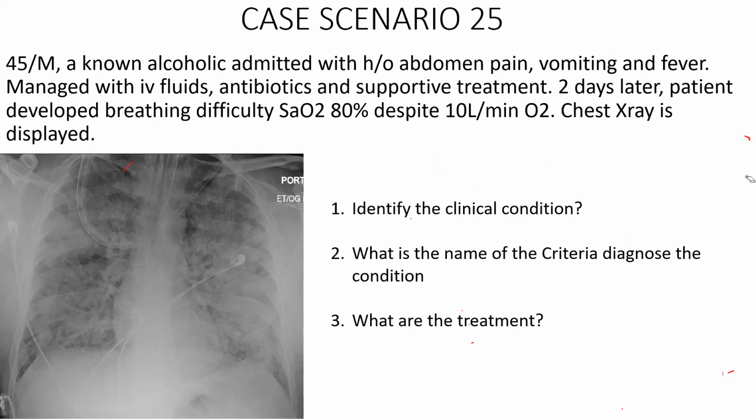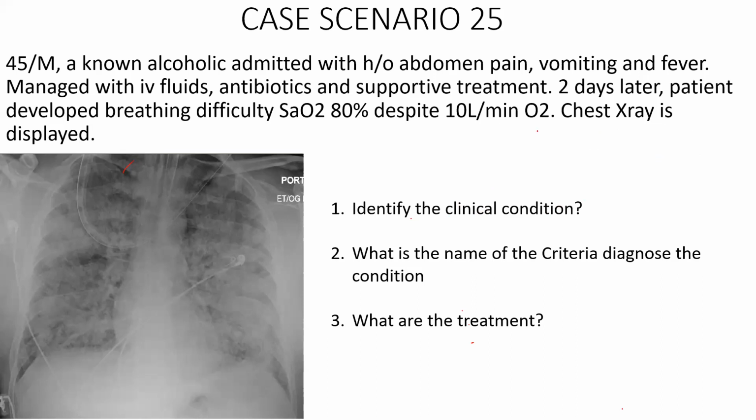Sir, the most specific biomarker will be procalcitonin. Sir, if it is transfusion-related acute lung injury, how can we differentiate it? Transfusion-related acute lung injury is only a diagnosis of exclusion. Generally, it develops within 48 hours of transfusion, or 48 to 72 hours. Even then, you can't say it is TRALI unless you exclude other causes of ARDS.